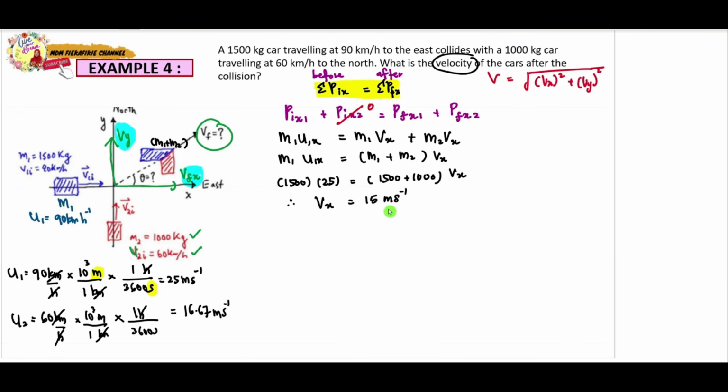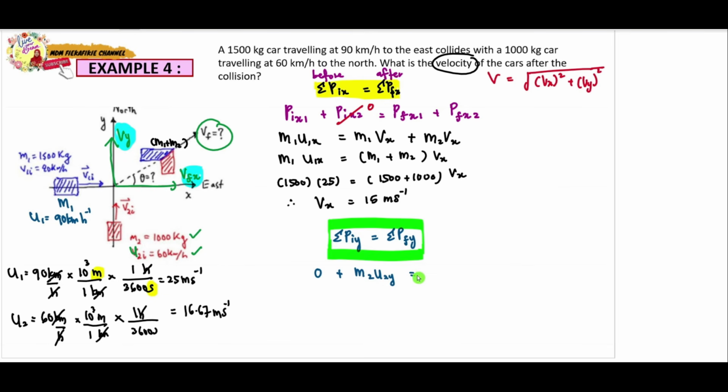Okay, so now Vy, so total momentum initial in Y component equal to total momentum, okay, final in Y component. Okay, so ini adalah, okay, momentum in Y component. Kita asingkan. So we can write equation. So, saya akan mulalah. So, before the collision, car 1 yang color biru itu tidak bergerak in Y component. So, dia akan kosong terus. Plus, car 2 is moving upward, okay, to the north. So, dia ada U2Y. Okay. So, kita boleh letak M2